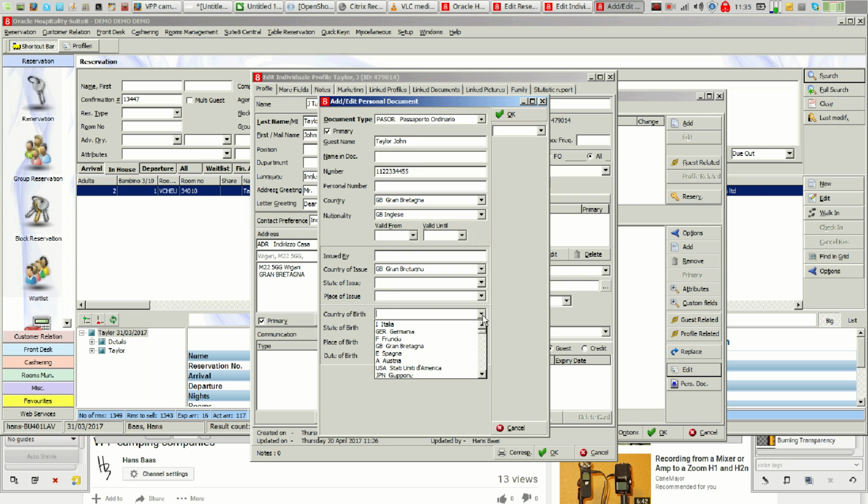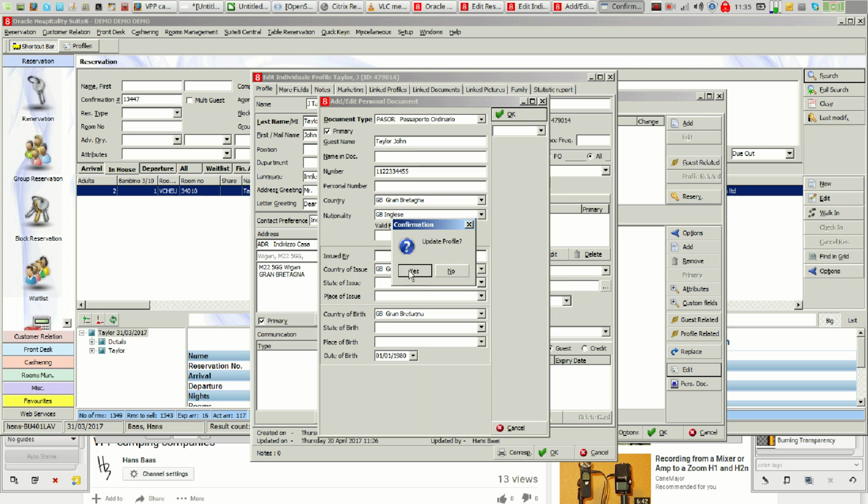Then the country of birth, it's the same story. If it were Italy, we need to fill in the province, which is state of birth, and the comune, which is place of birth. We'll now finish it with GB. And last, we need to fill in date of birth. You can simply type 010180 for the 1st of January 1980. When you press Tab, you will see that the date is correct,